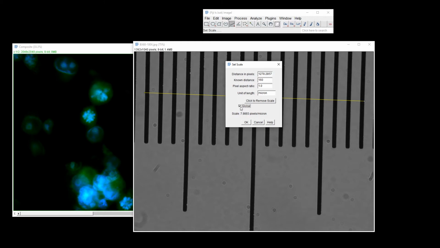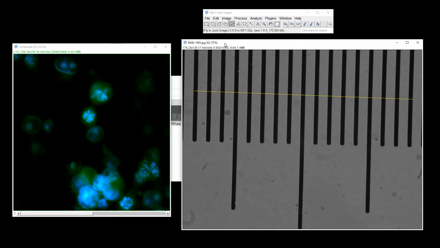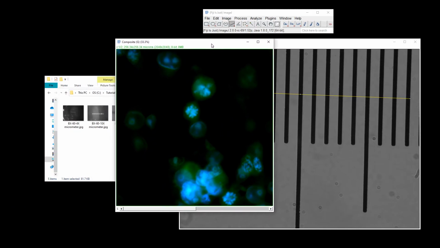Once we press OK, it will send this conversion factor to all the opened images currently on ImageJ. So we're going to press OK, and notice that the units will change. Pixels will change to microns. So now that it has changed, we're going to go back to our composite photo and add